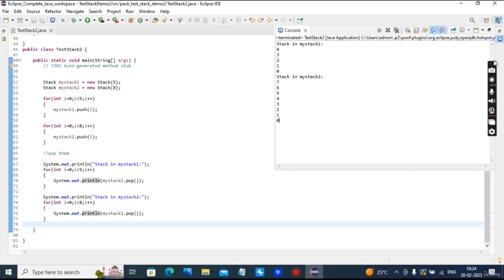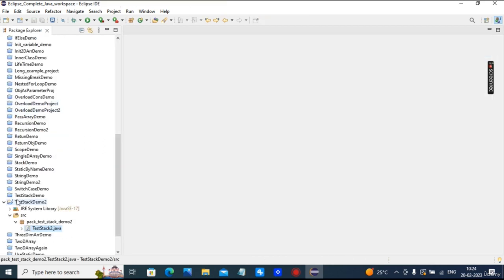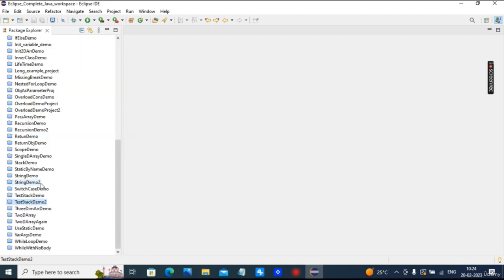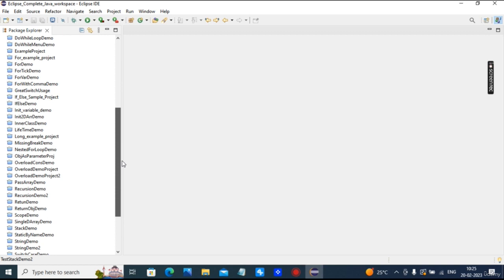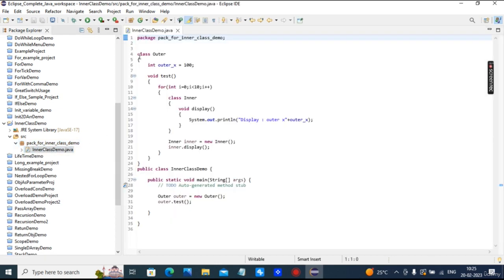Next, nested and inner classes. For nested and inner classes, we created the inner class demo project. For the inner class demo, I created one class called outer, and the inner class will have public static void main. The class outer has one outer variable, outer x is equal to 100, and